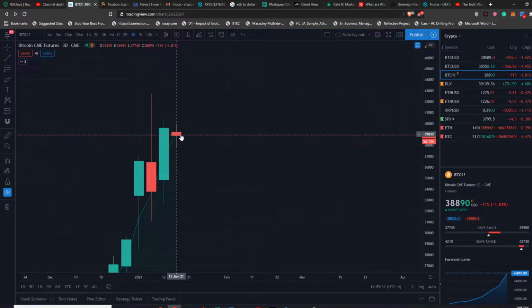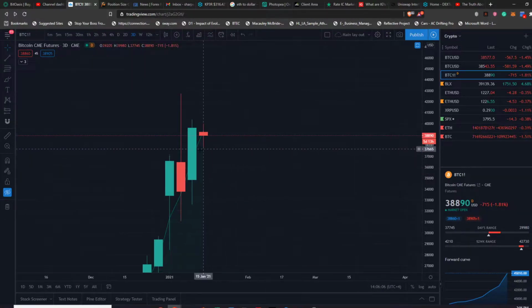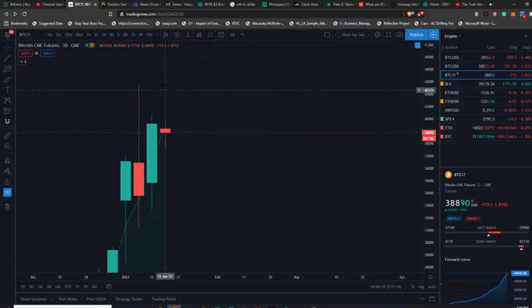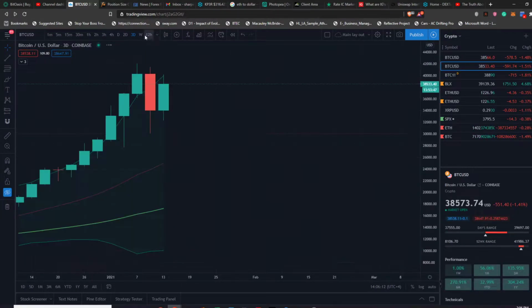Now, I don't mind seeing this fill out a little bit more. We could fill out the bottom side of this wick or even come down to about here at 36,400 or even fill in the whole area here. But that doesn't worry me. It is a backfill, which I said this morning. We do have, I think, on spot price,